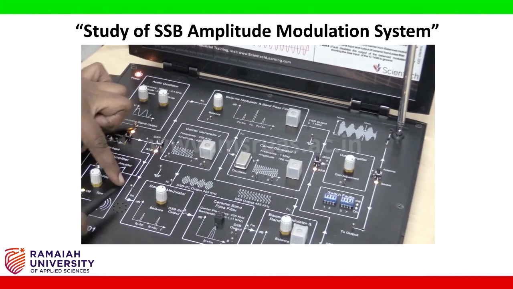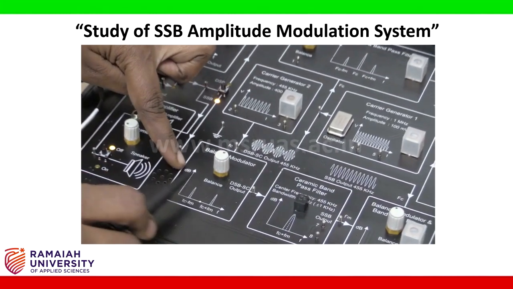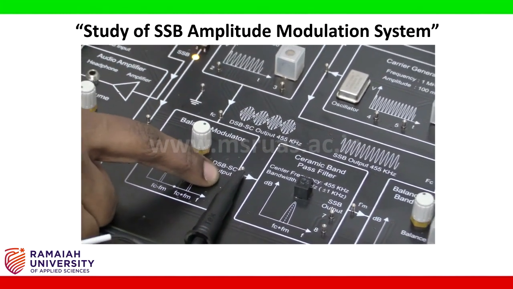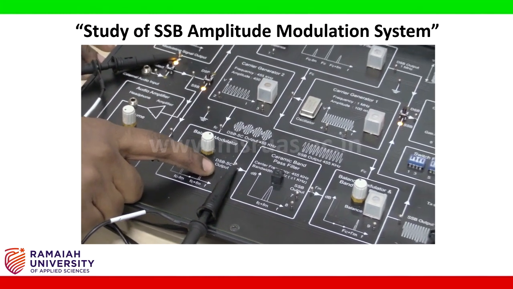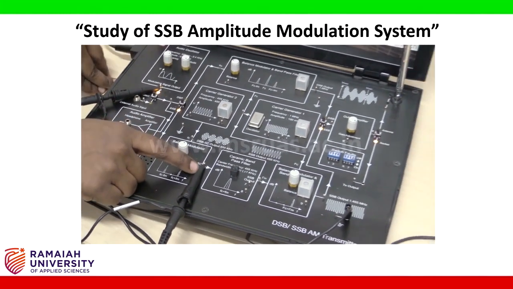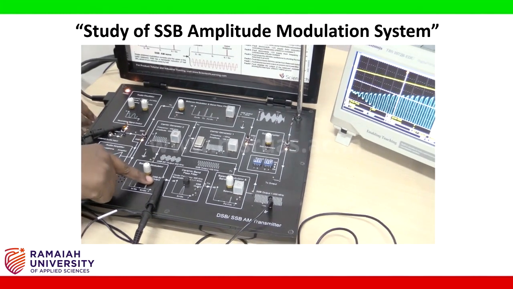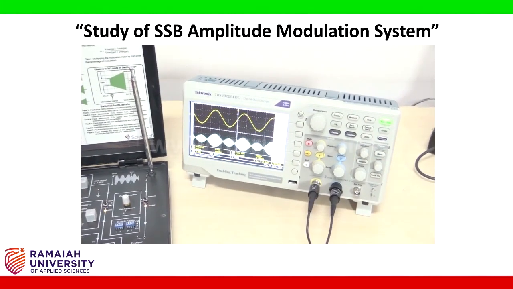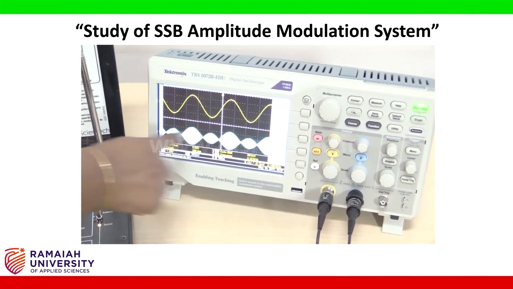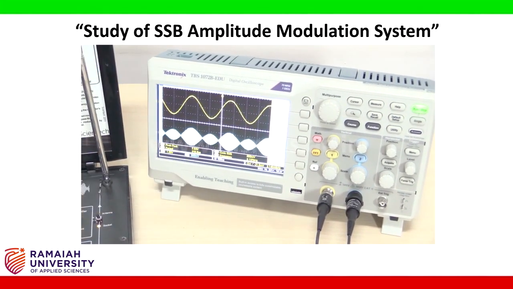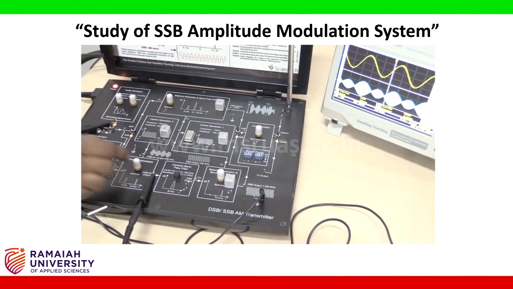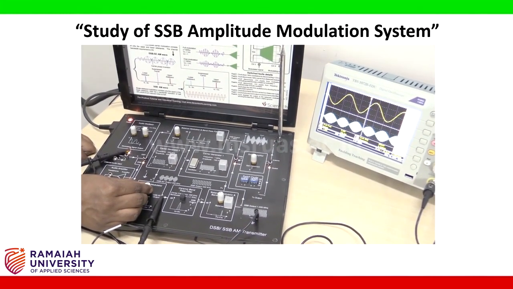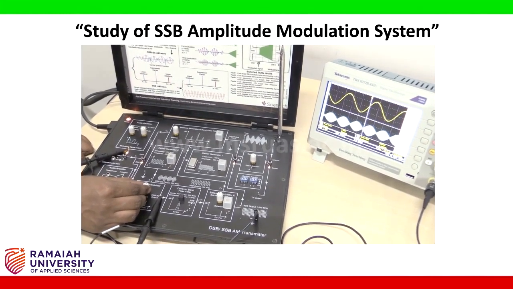So now we will remove this and connect this to the SSB track. So first the message goes here, so I will put this here. Now this belongs to DSB-SC output, double sideband suppressed carrier output. After connecting this here, first press auto set in the CRO. You can observe that there is an over-modulated, amplitude modulated wave here. Now by adjusting the balance, we can change the waveform. So now this is 100% modulation.